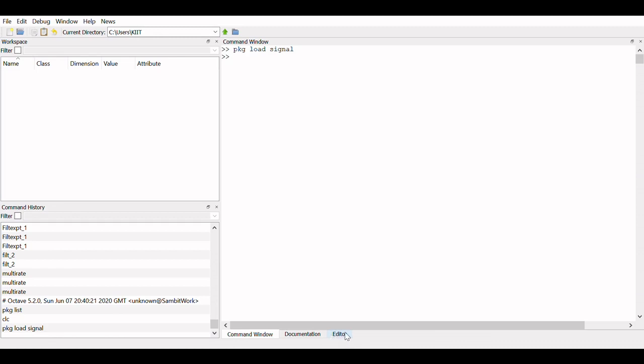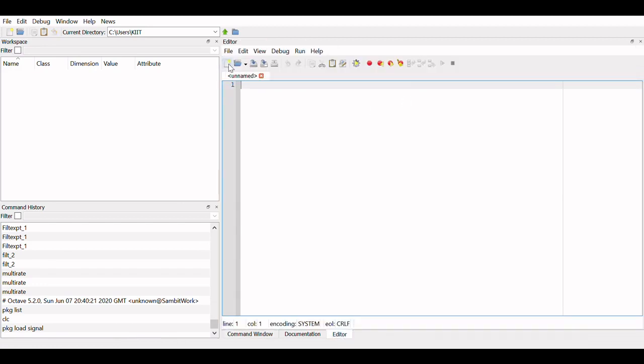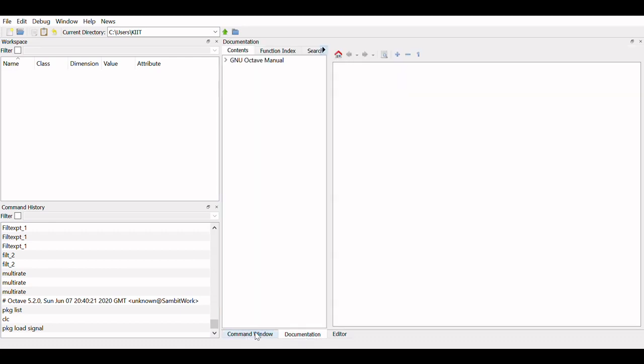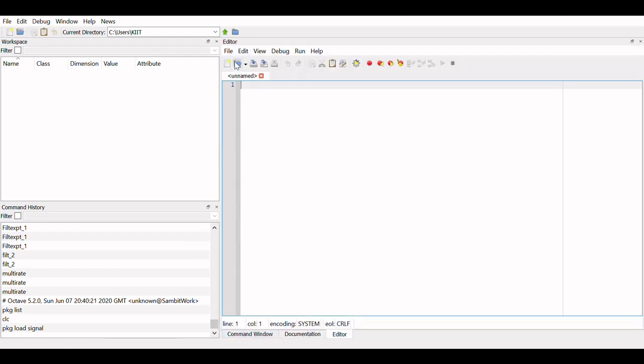So let's understand something. Suppose I want to perform some basic operation on Octave. Let's familiarize ourselves with Octave through some basic operations. I have pre-written some codes. This is the command window here. This is documentation, which is the same as MATLAB help, and this is my editor window. I have written some commands already. So let me go to my folder and find a basic example for you.